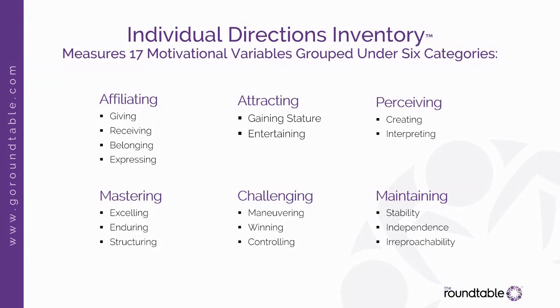So when we see people who are very low in creating and interpreting, what I notice about those people is they tend not to be strategic thinkers. They have a very incredible bias for action. They really move forward. They move quickly. Their downfall is that often, because they don't have a lot of energy for digging in and patience to hear all the details or to take some time to ideate new ideas, they can be caught blindsided because they didn't take that time.